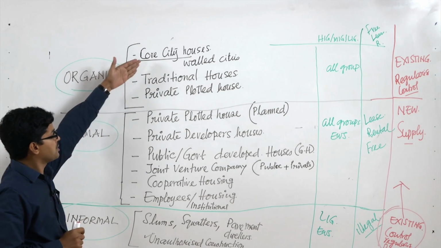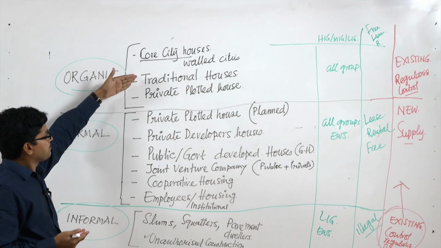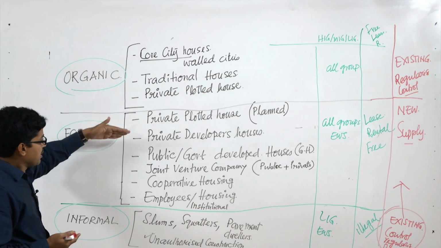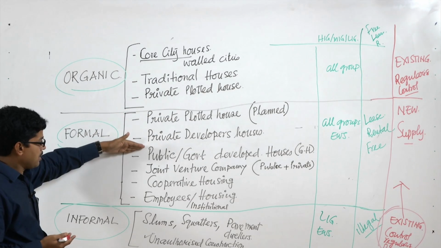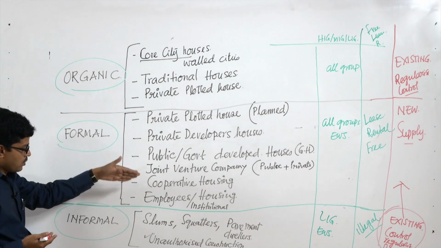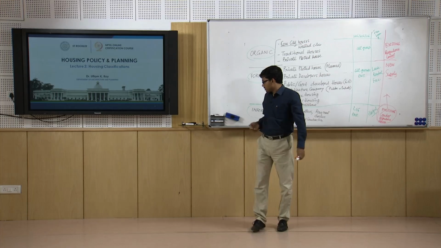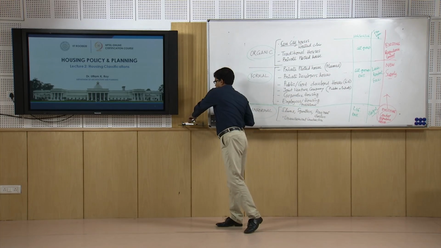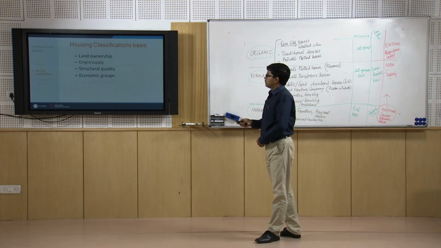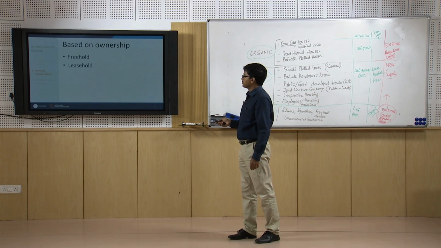So, we will see the core city or world city houses, in the world cities area, traditional houses, private plotted houses. In the formal category: private plotted house, private developer house, public government development house, joint venture, cooperative, employees, and the informal house. Now, let us see the examples of all those categories or classes of house. This we have discussed earlier. So, based on the land ownership,